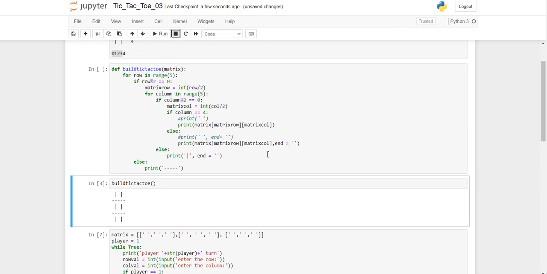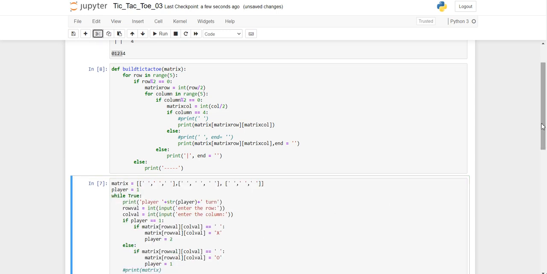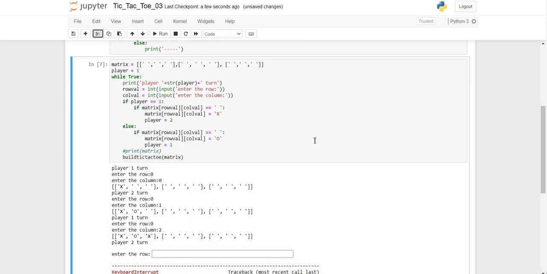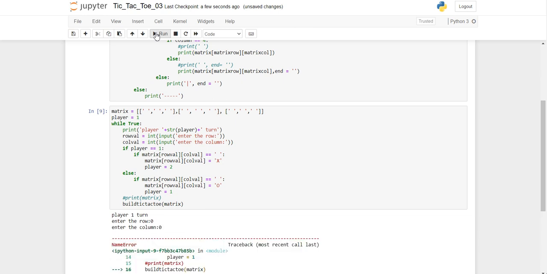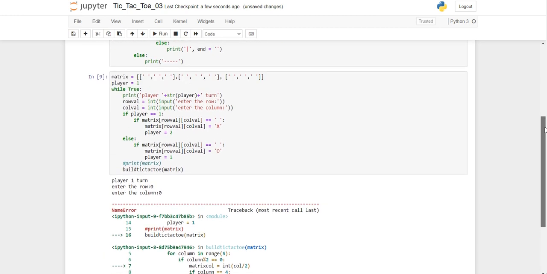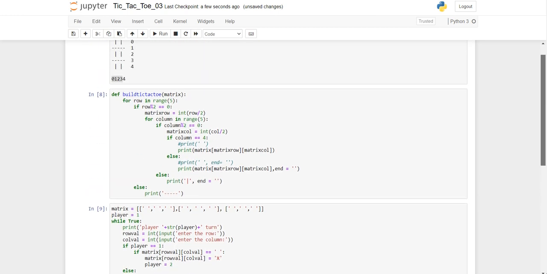Now we will execute. This has been executed, and we will remove this, and we will execute that matrix 1. Okay, 0. Okay, what is the error? COL is not defined.